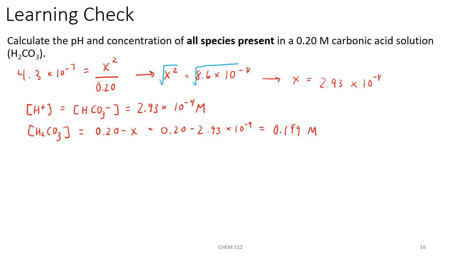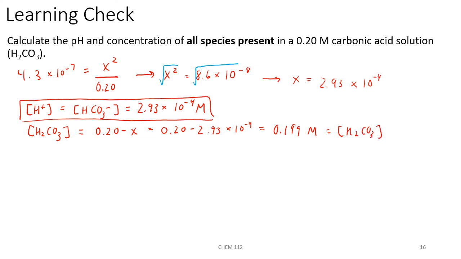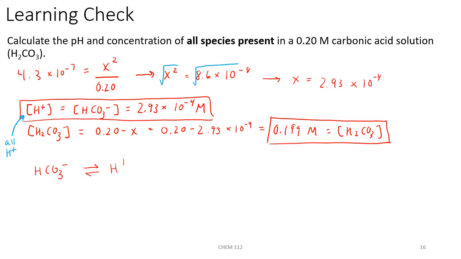So we have a few of our species concentrations at equilibrium so far. We've got our hydrogen ion and our hydrogen carbonate ion. And we've also got our concentration of carbonic acid, H2CO3. Now, since most of the hydrogen ion comes from the first step, we can assume that this is essentially all of our hydrogen ion concentration. The second step was the hydrogen carbonate ion acting as an acid, dissociating into hydrogen ion plus carbonate, which is